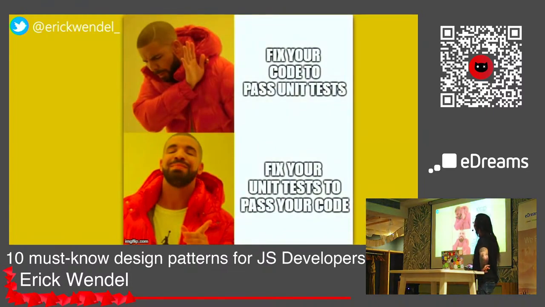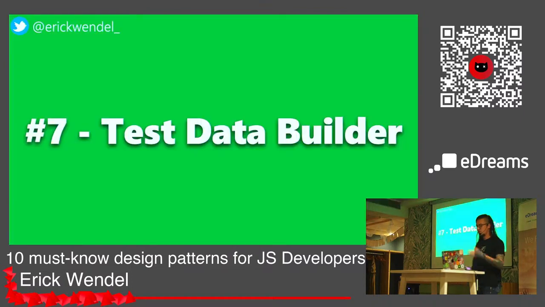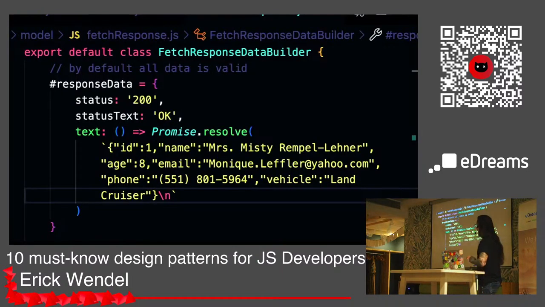Well, this happens a lot, right? Either you fix your code to pass the unit test, or just remove the unit test, right? It's crazy. This for me was mind-blowing when I noticed this. So you have a design pattern for helping on testing. Has anyone seen this before? Oh, nice. I would say your mind is gonna blow now. Well, what is the point here?